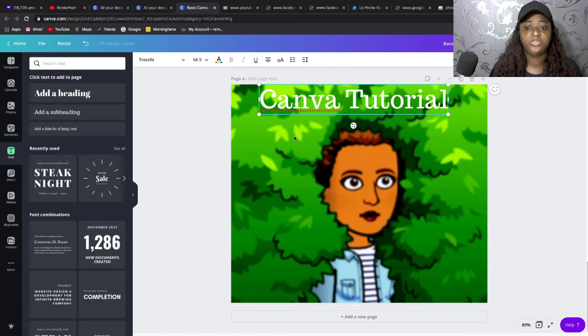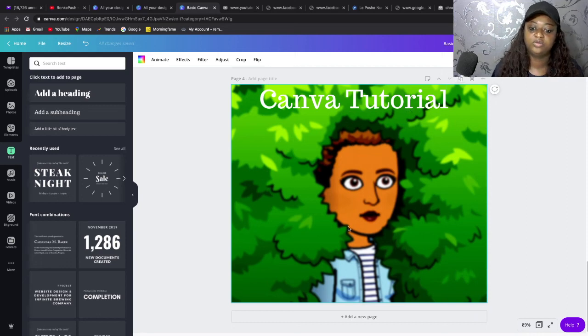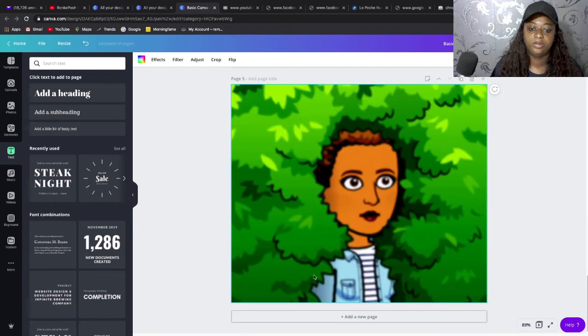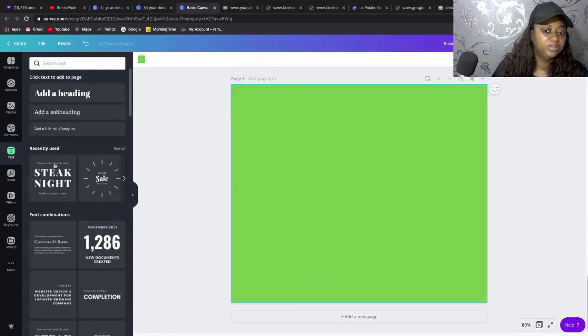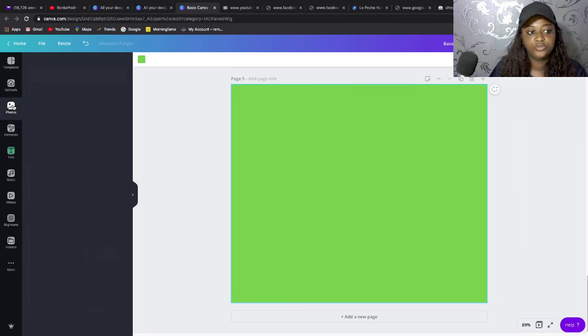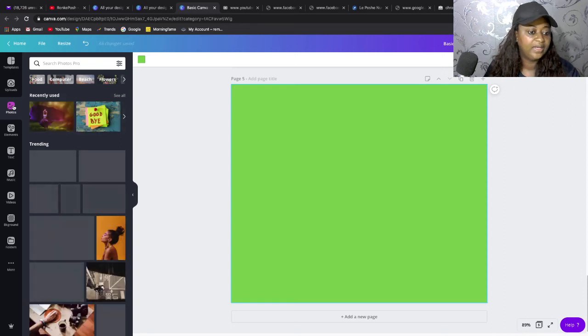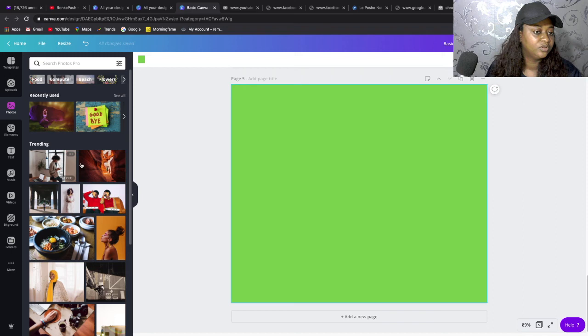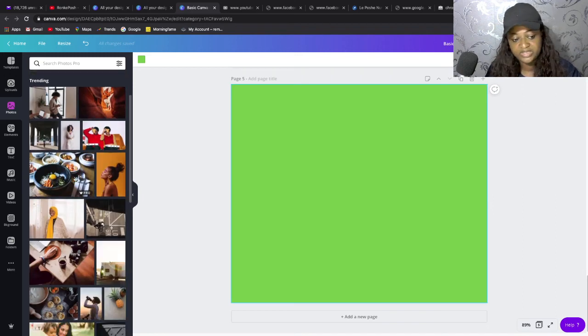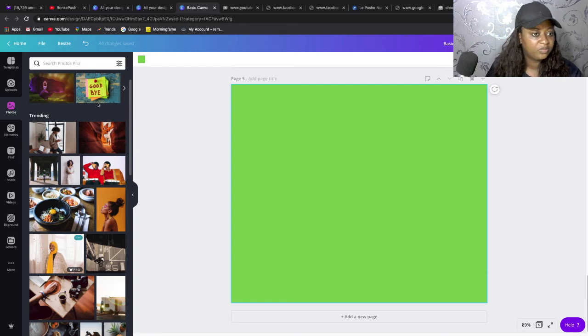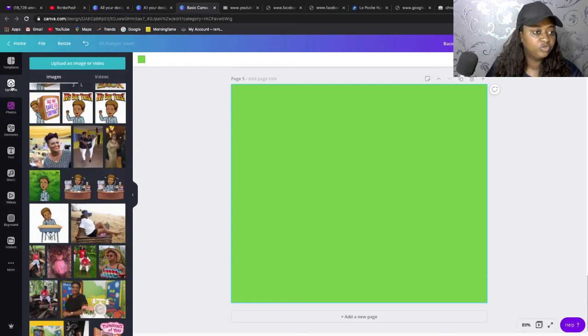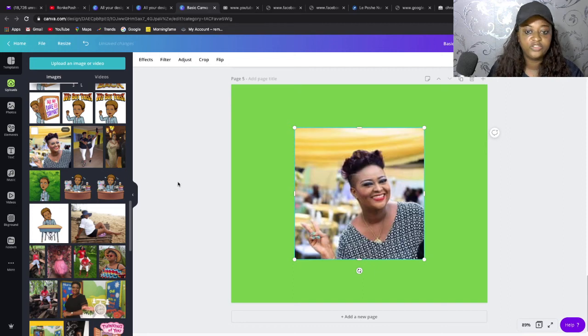So another thing that you can do is if you want to duplicate this image, so let's look for a new page. If you have a new page here, okay, let's take this canvas off. So the green is there. If I go to my photos and I choose an image, so let me use their own images I've usually paid for anyway. And let's go to my upload. So this is my upload here. So if I choose this image of mine, I can decide to